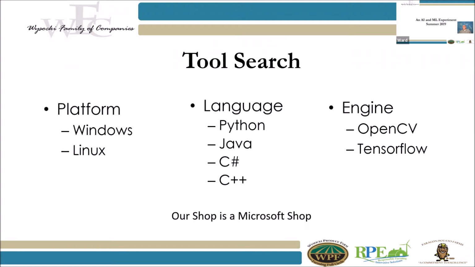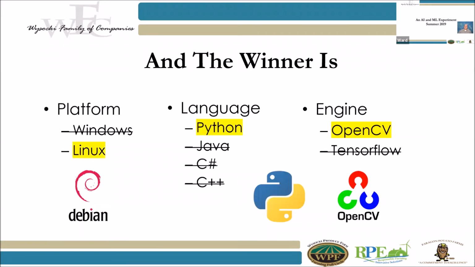And then there's two big engines on the market, or libraries or methodologies, if you will, that you can go down. One of them is called OpenCV. It's an open source one. And then one of them is TensorFlow. Both fairly good. Compare them side by side. See how they'd work in your project. When we got all through with that whole process, I like to show this slide right here.